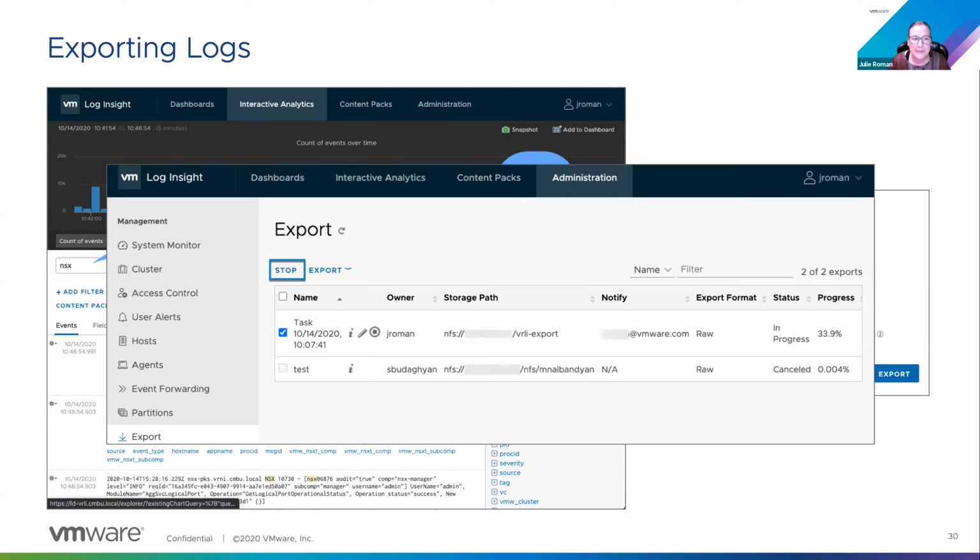443. Okay. And then there's the link. I've got the link to the doc, to the 8.4 documentation. For syslog, it's 514, UDP and TCP. Usually most people are using UDP, but usually we allow both. And then for the Log Insight agent, it's port 9000, or 9543 for SSL. Perfect. But if you want to actually configure, so if you want to add vCenters versus manually configuring, then you need 443 as well. Thank you.